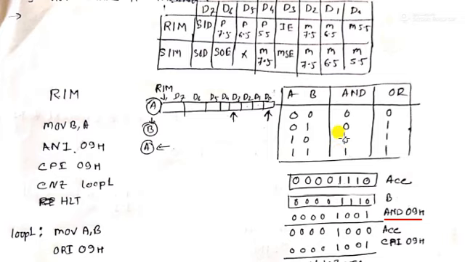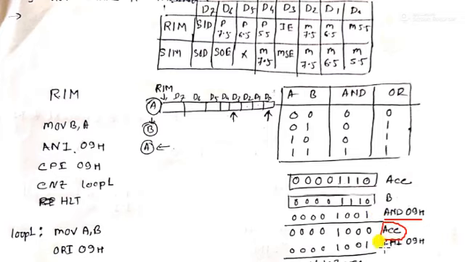Okay. So we make D0 and D3 bit 1 and make an AND operation with the accumulator. That is 1 0 0 1 0 0 0 0 with the accumulator content, that is the same as the B register. So it is written to the accumulator. The result after the AND operation is stored in the accumulator, which will be 1 0 0 0 0 1 1 1 and 0 0 0. Okay, so we make the accumulator content now in this status.